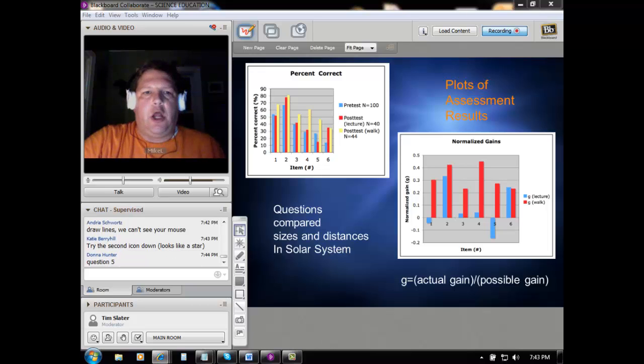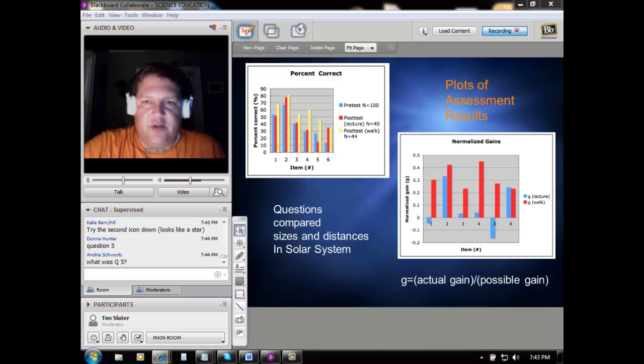Oh, and these are the graphs. On the upper left, you see the percentages of correct answers on the 6 questions, and on the right, normalized gains. And I'm sorry, I don't remember off the top of my head what was significantly different about questions 1 and 5, but I could probably look that up if I had to. I didn't. I was thinking I should do that, but I didn't actually get time to do that. But you can see it was a bit of a massacre,